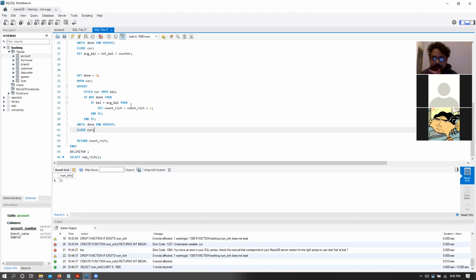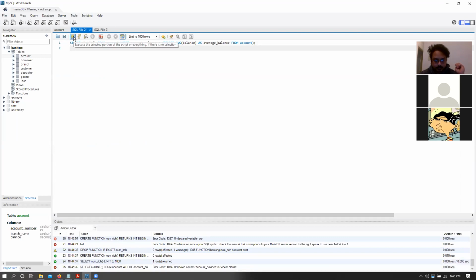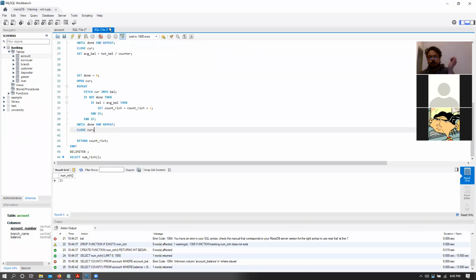So do you guys agree that this would be a function without using iterators or aggregate operations to get us the number of rich people, right? Do you guys understand this function? And it's a highly inefficient way of writing this function. As you saw, we could have written the entire thing in a single query, and that would have gotten us 21 either way. But we just wrote a function like this.